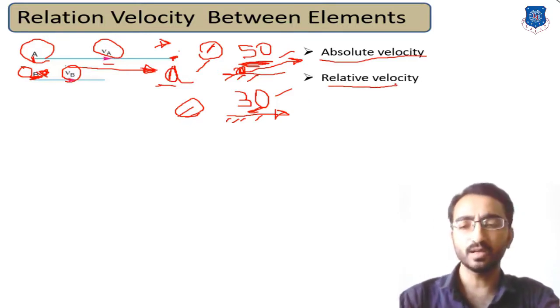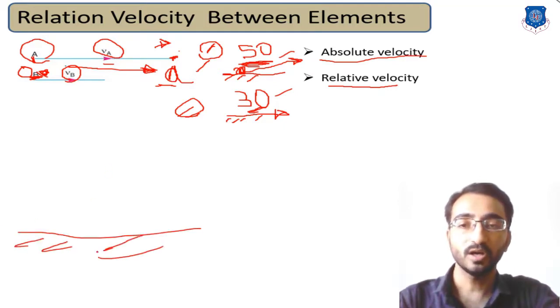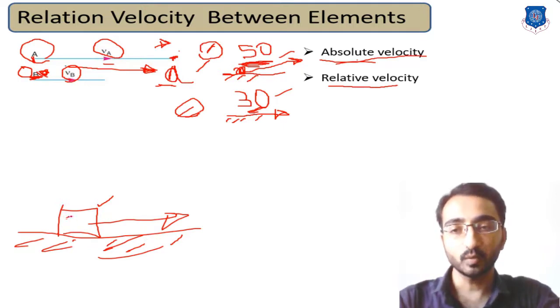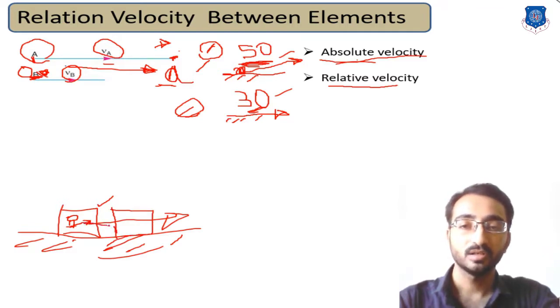Let's consider one more example: a train moving on a track. Here the velocity of the train is known as the absolute velocity of the train, because it is measured with reference to the fixation or track. Now let's consider one person sitting in this train who wants to travel inside this train. So if this person is moving from one compartment to another compartment,